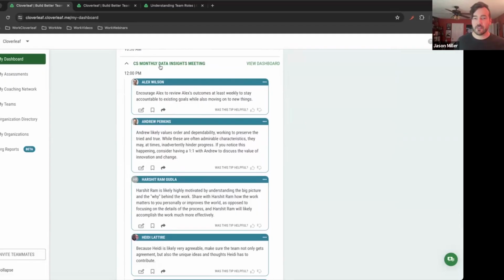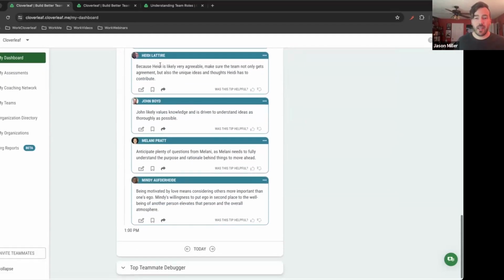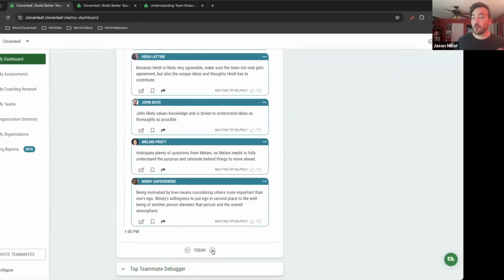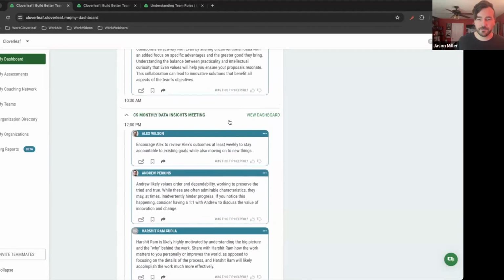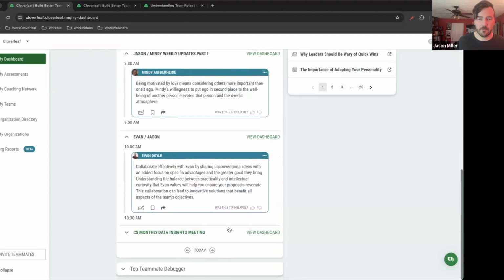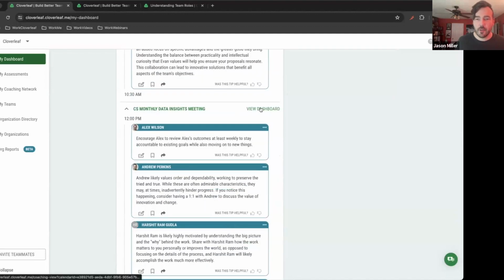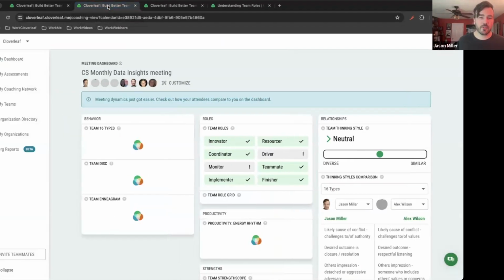And just as a side note, you can view more than just today's meetings in your calendar integration by clicking these arrows here and going into the future. So as I'm preparing for Monday's meeting, I'm going to jump into this team dashboard that was created showing all of the members on this